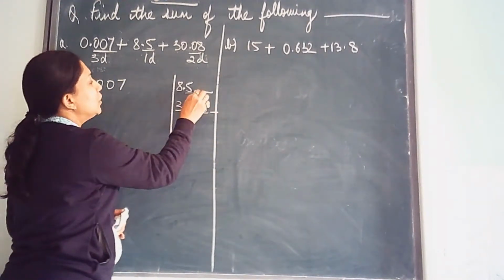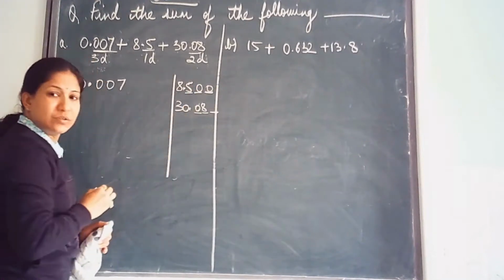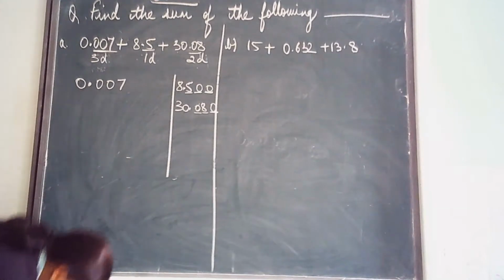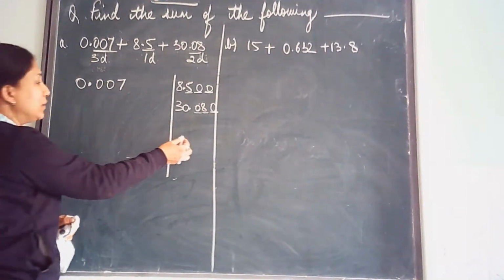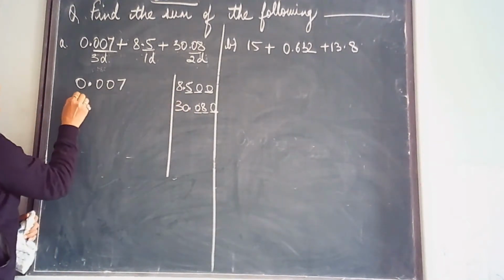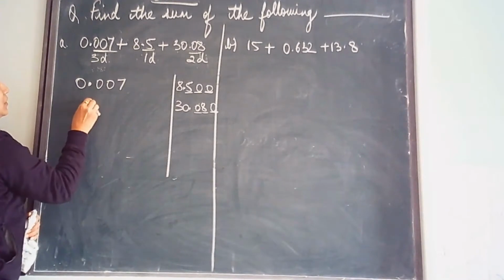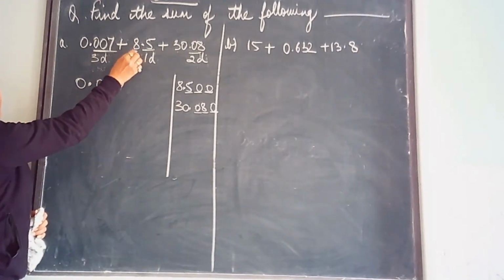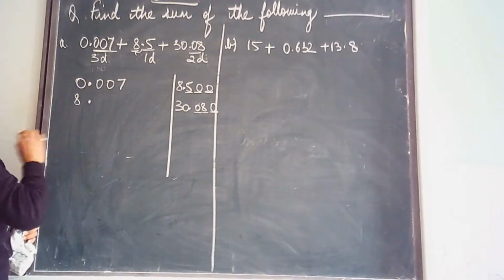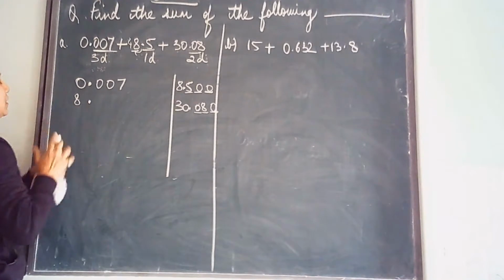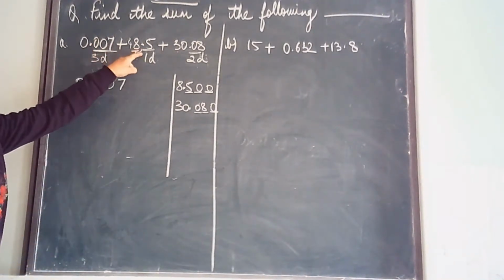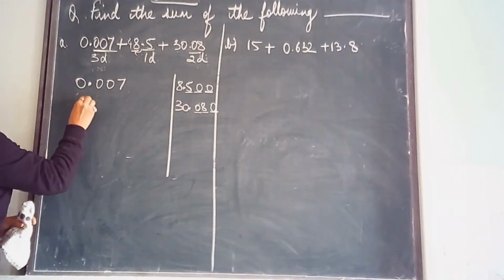So what will you do? Two dashes are there, add 2 zeros. Here only 1 dash is there, add 1 zero. Now write down these numbers. When you have a decimal, children, you will write the number before the decimal, starting from this place. If it was 48, you will not write it like this. Have you understood? Match the points. Here is a point, write down the point.